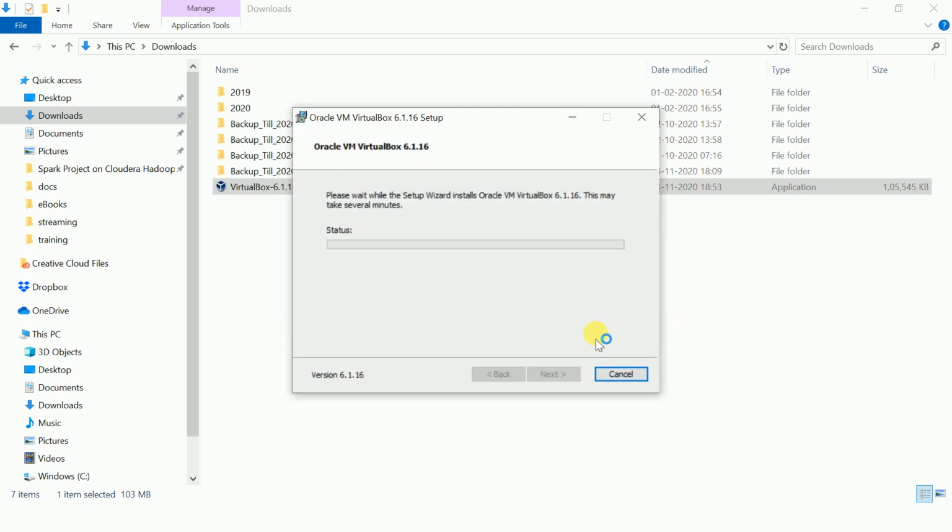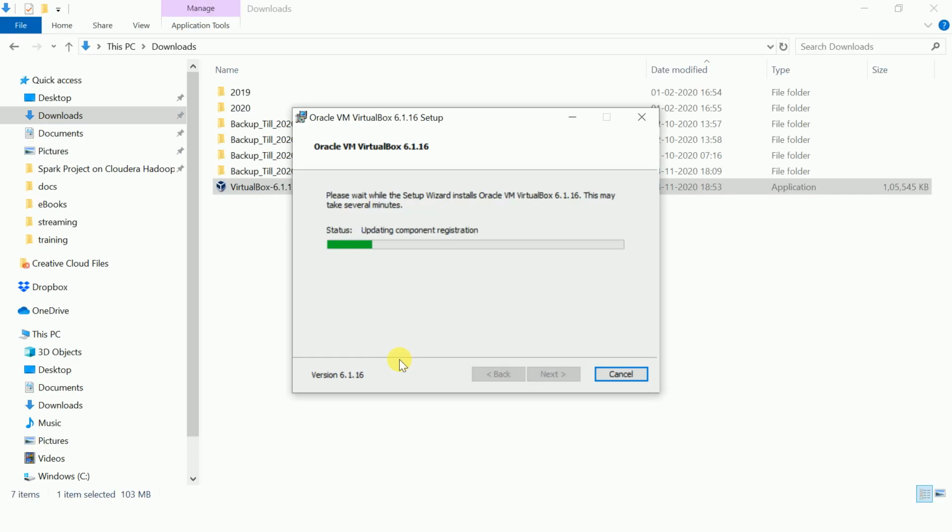It is going to pop up asking whether you want to allow this app to make changes on your device. You click on yes, and then it will start installing. It will take a couple of seconds or maximum 1 or 2 minutes to complete the installation. Then we'll launch the Oracle VirtualBox.